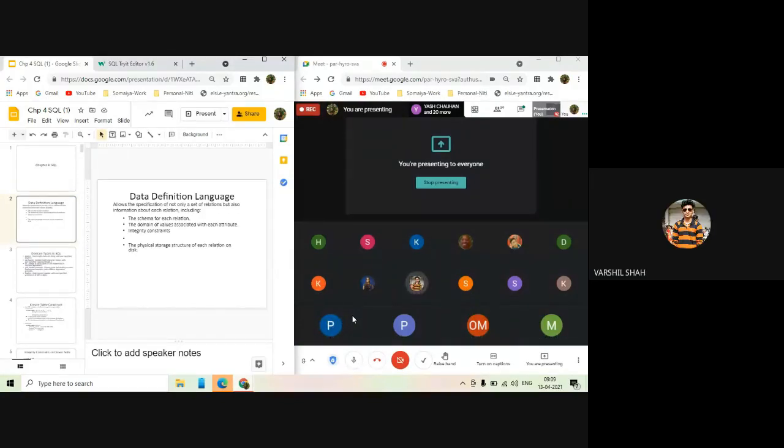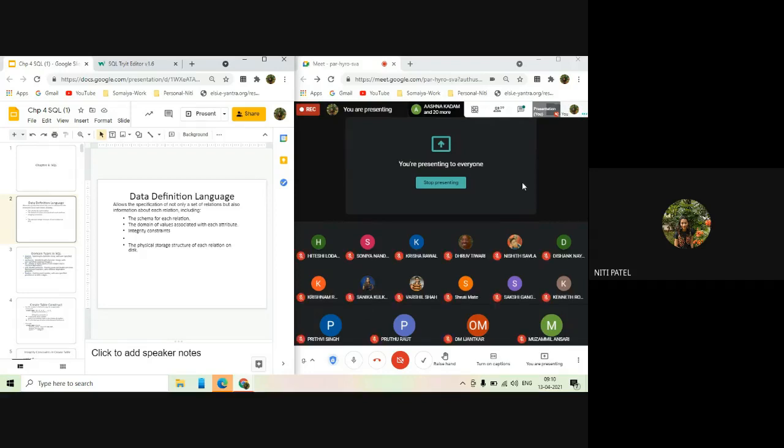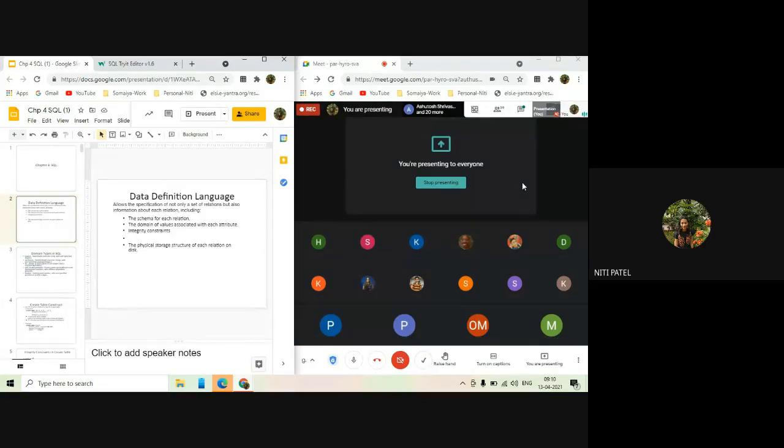It is a unique key. A unique key for each table that identifies the row. For unique identification of a row, we require a primary key, and every value inside the primary key should be unique. Along with that, Sakshi has told something very correct, which is unique key plus not null. So the combination of unique plus not null is equal to primary key. So I cannot have a primary key which can be kept as null, and I have to see to it that every value inside the primary key also should be unique.